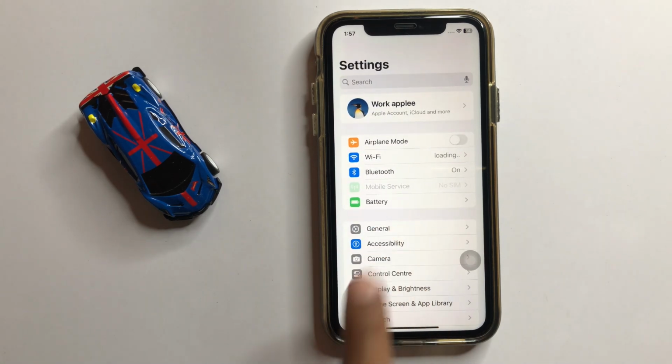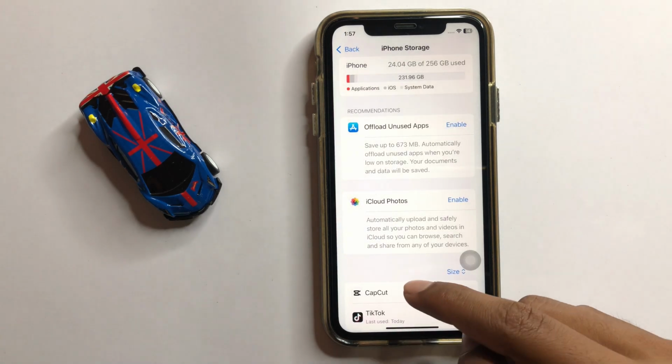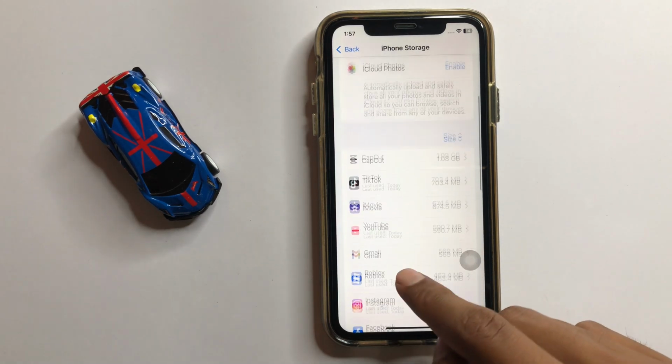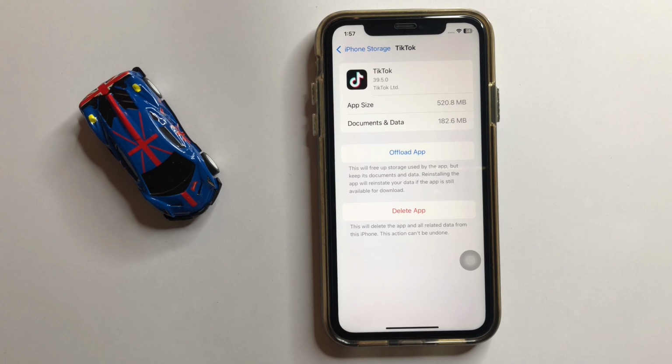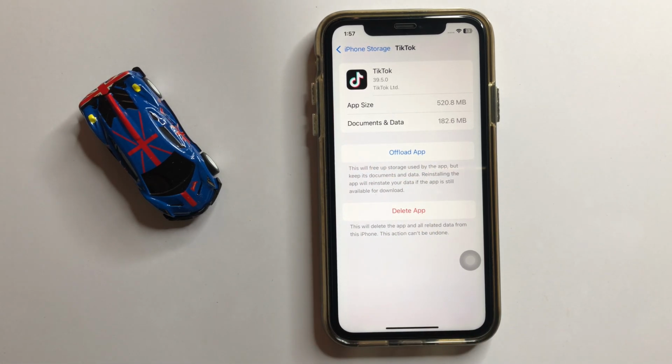Now go back and open system settings and click on general and then click on iPhone storage. Now scroll down and click on TikTok. Now here you can offload your TikTok app. After offloading it, then reinstall the app. After doing these steps, your problem will be